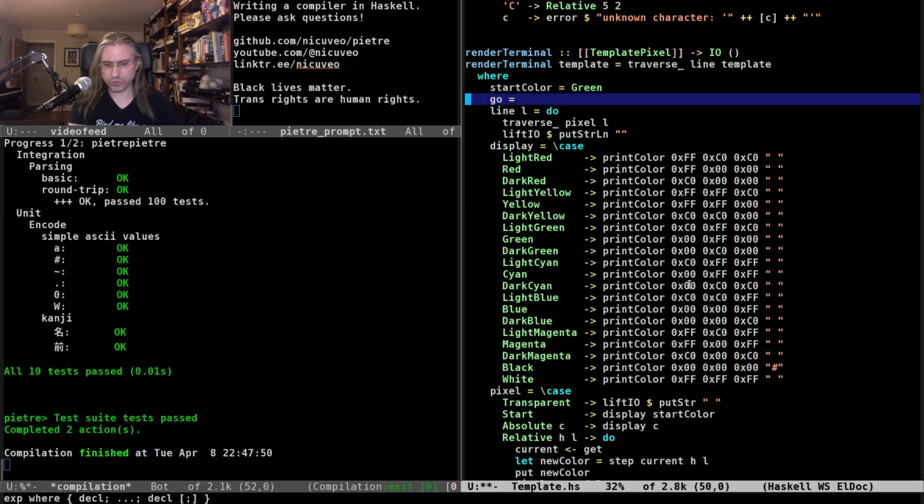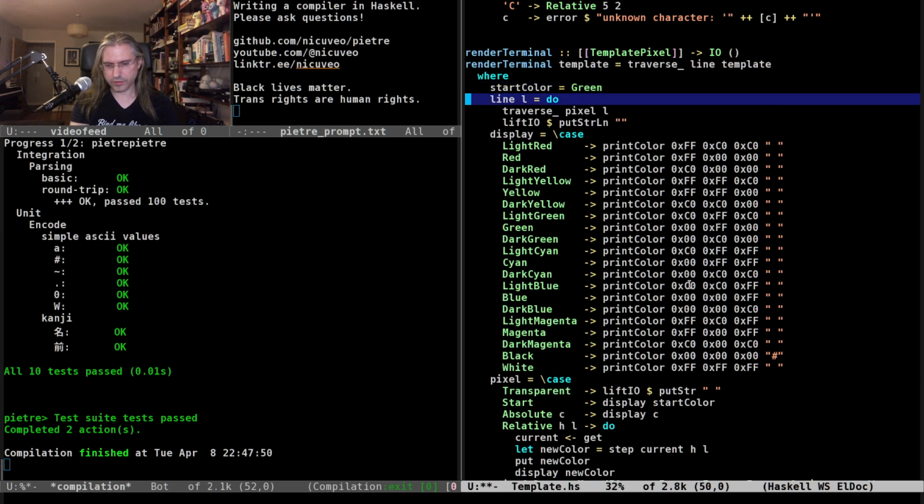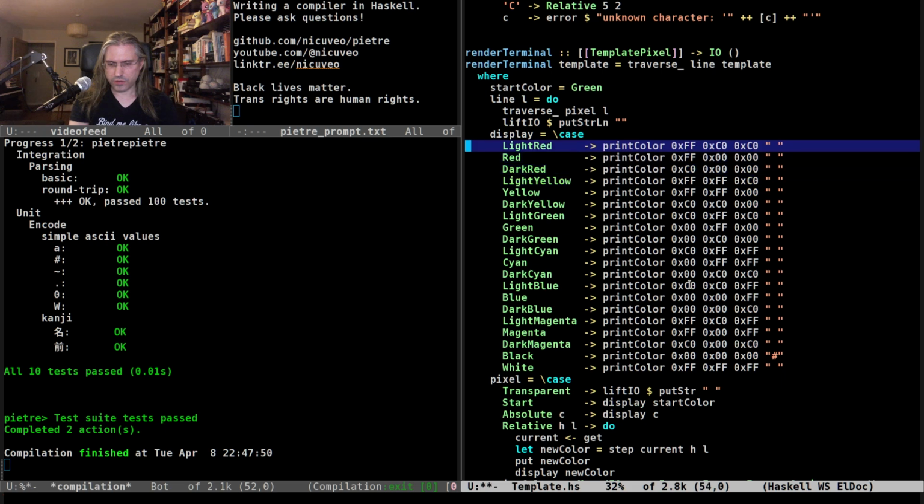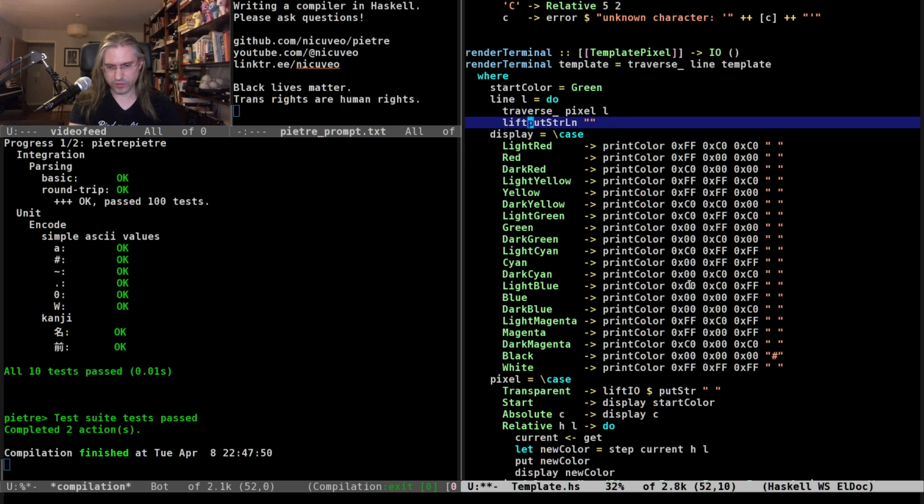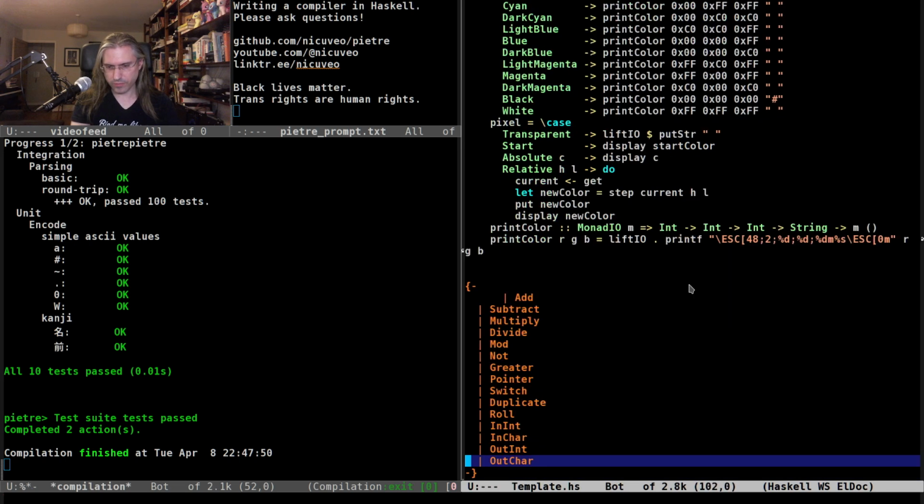And start color is green. That is correct. Line is this. Except, yeah, all of that is correct. I can remove all calls to lift IO because this is just going to be in IO now.